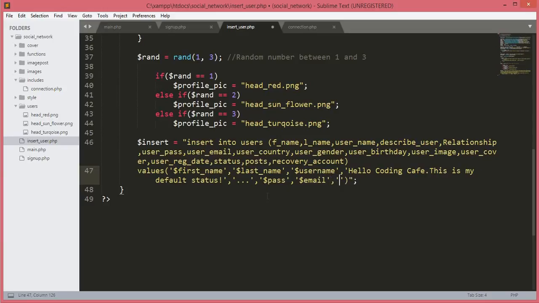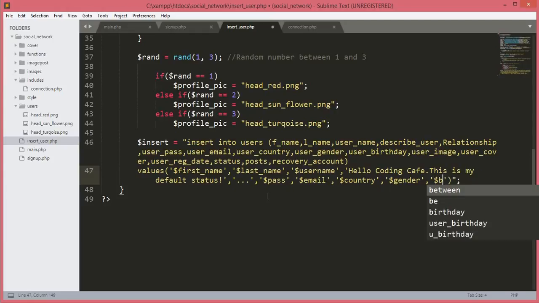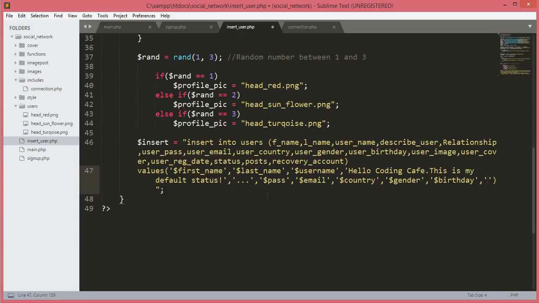After the password we will have an email, and after the email we have our dollar country, and after the country we have our dollar gender, and after the gender dollar birthday, and after the birthday we will have the dollar profile_pic variable, this one. Okay, profile_pic, and after that what we will have,